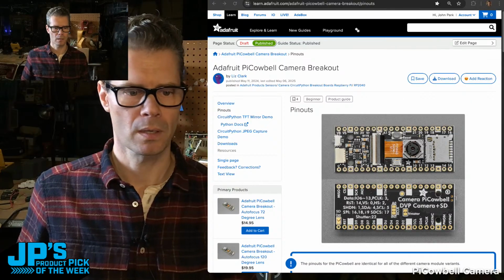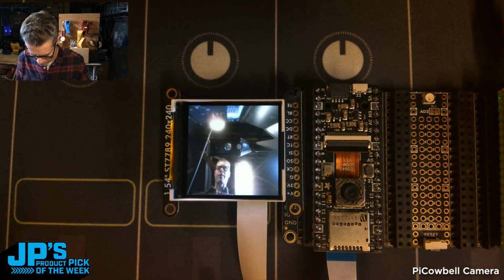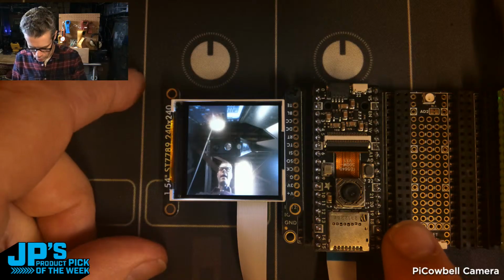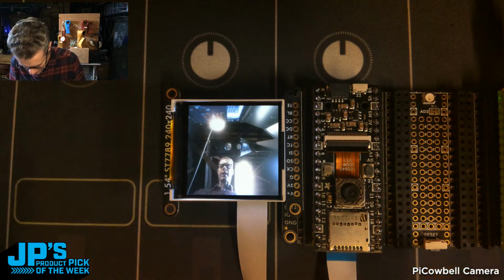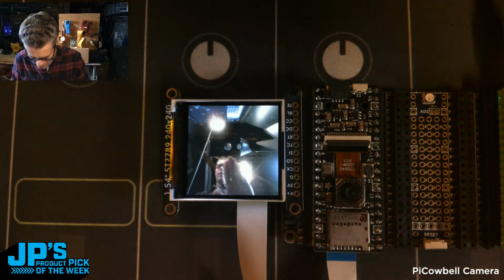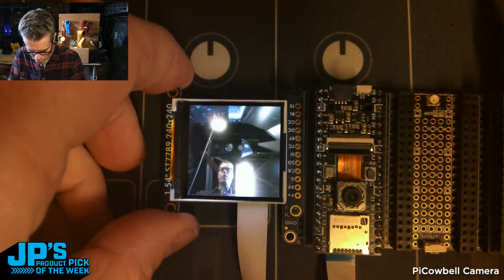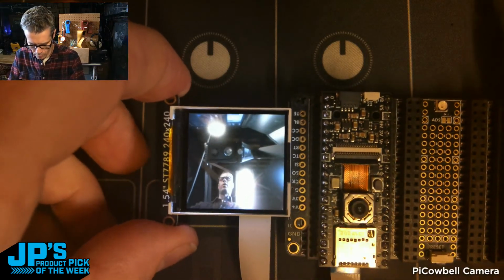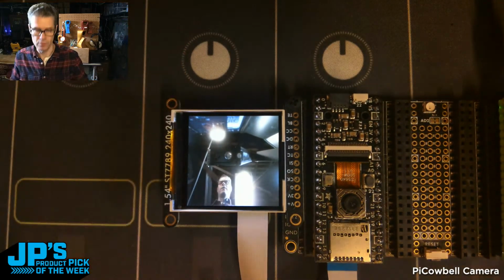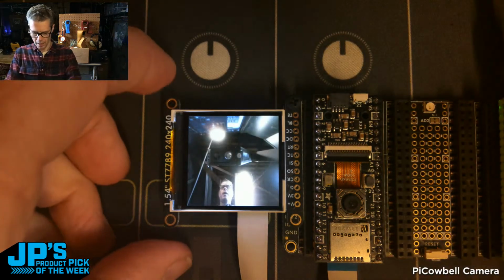So I'm going to jump back to this view here for a second. So you can see here, this is that 120 autofocus, and that's me there, hello. And we're getting about 4 frames a second streaming there, so you're not going to do high performance stuff on it, but it's pretty good for a viewfinder. That'll work pretty well as a viewfinder. And then if you've got code that's going to take pictures when you press your little shutter button, that'll work pretty